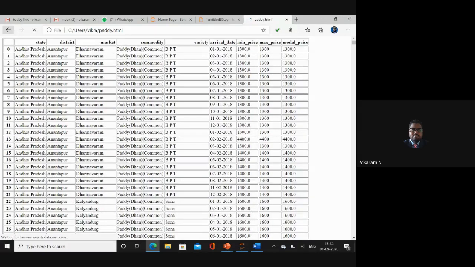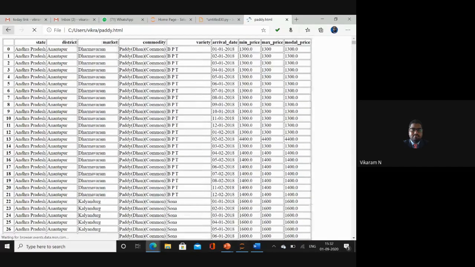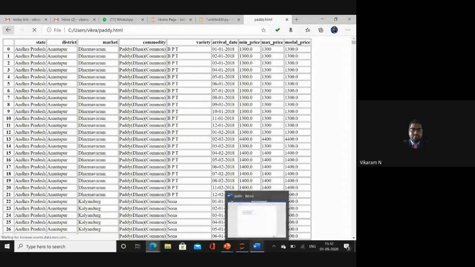See now, this is the HTML format of the data, which I converted into CSV.